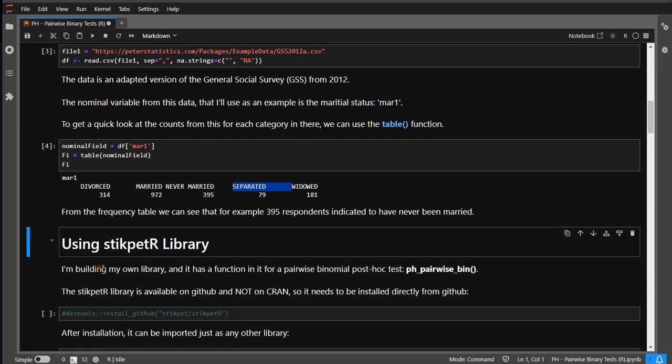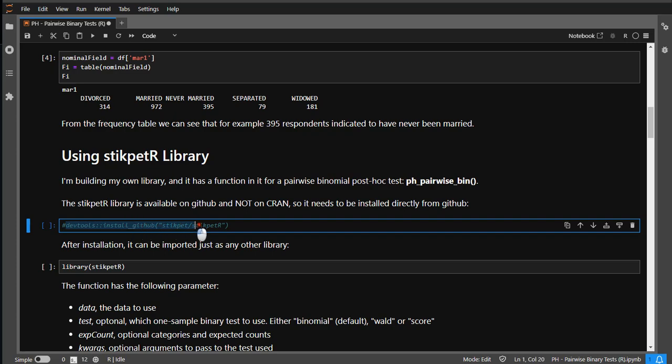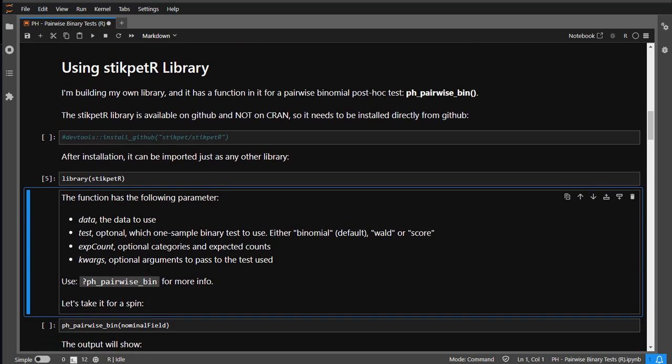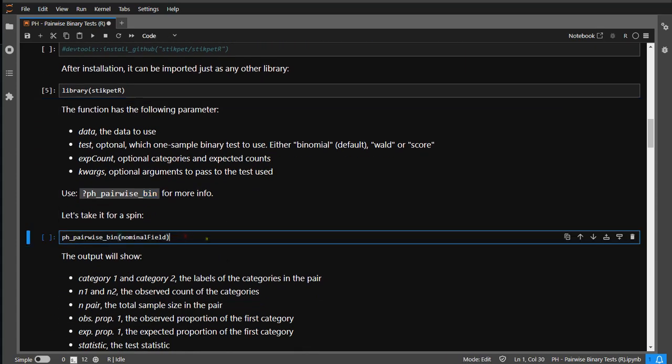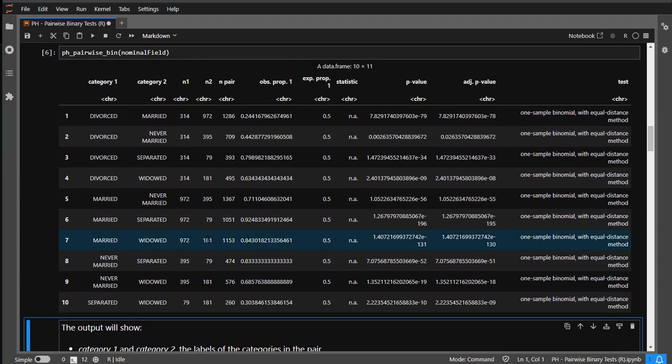Now to use my library you actually need to install it using DevTools. So you can't just use install packages, it has to go through GitHub. Then once you've done that you can load it just as any other library, and the function of interest here is ph, short for post-hoc, pairwise, and then bin, short for binary. I'll simply give you an example, so I'll load the function with the field I've selected